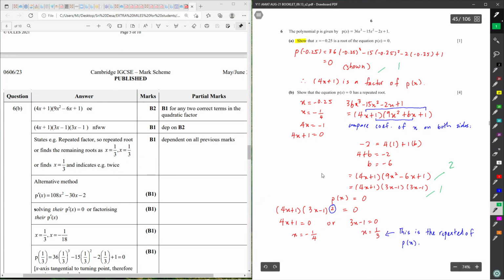So here, if you check on my working, I put a square here, which I have proceeded to solve in this equation, and also giving the description here. This is the repeated root of P(x), showing that x equals to 1 over 3 would be my repeated root. So I score my 4th mark, the last mark for this question. So that's how you score the 5 marks for this question. And I hope that this video will help you